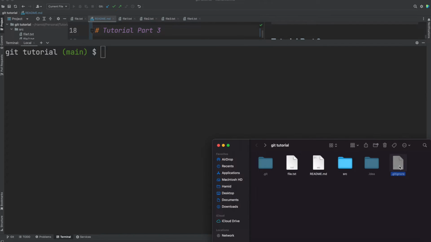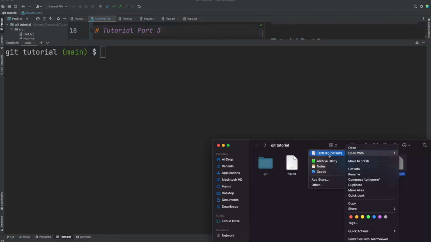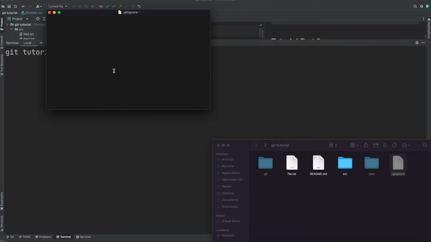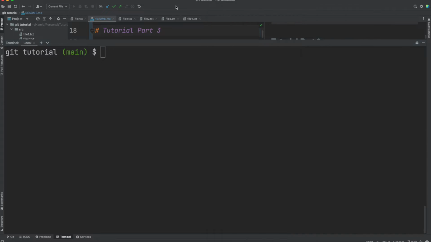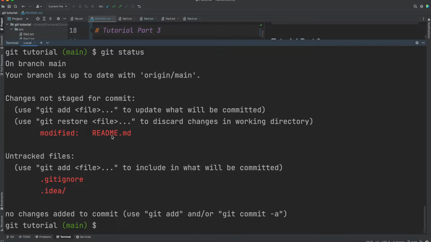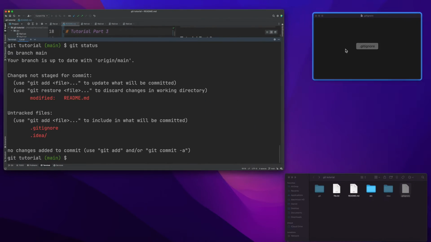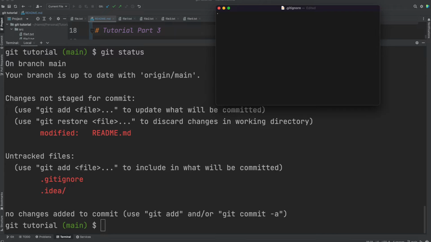And if you open it with a text editor, you'll see it's an empty file. So now you can add any file or folder inside of here. Right now, before adding anything, if I do git status, you'll see that there's a modified readme file, and it detected the .gitignore file that we just added, and also it detects the folder that we don't care about. So first we can add this .idea inside of this file that we just created, and you can simply type the same thing that it's